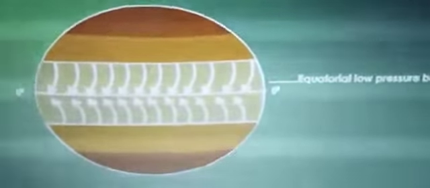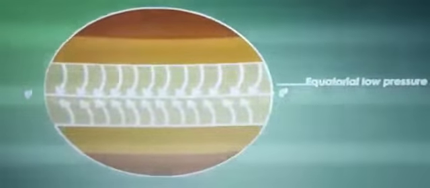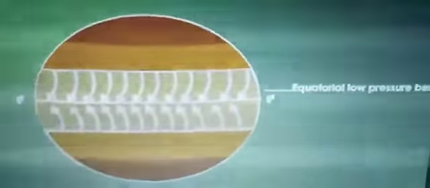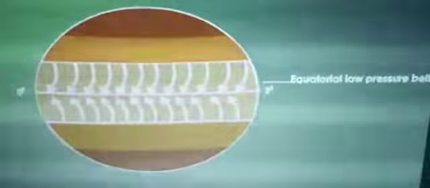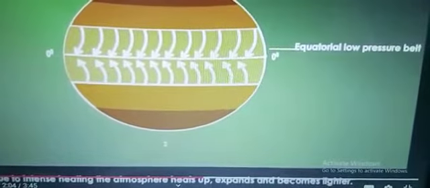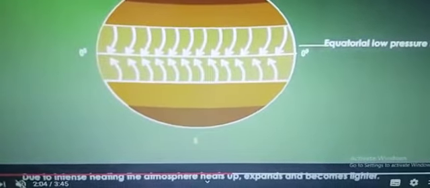So when the wind is hot, it becomes light and goes up, creating a low pressure, and cool air takes its place. This low pressure belt is called the doldrums because it is in a zone of total calm without any breeze. There is no breeze in this area, in this belt. That is why it is called doldrums.